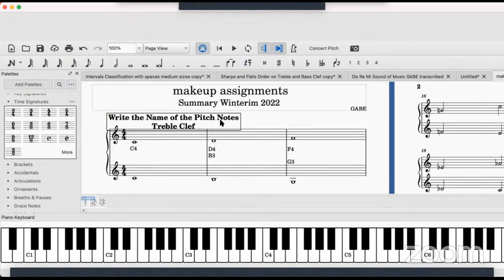Write the name of the pitch notes of the treble clef. Pitch notes is the name of the note plus its octave. This is your C4. Look on the piano. C4 is the first ledger line below the music staff on the treble clef. The music staff is the group of the 5 lines and 4 spaces. So C4. The second one, D4,